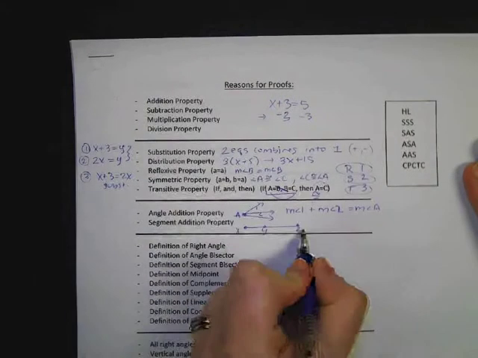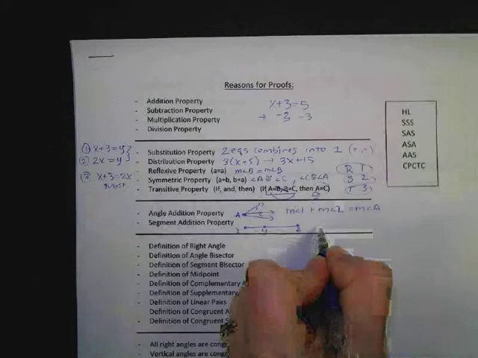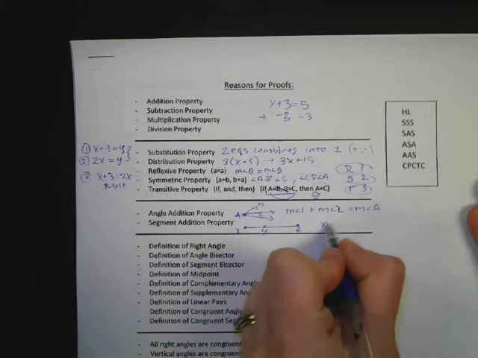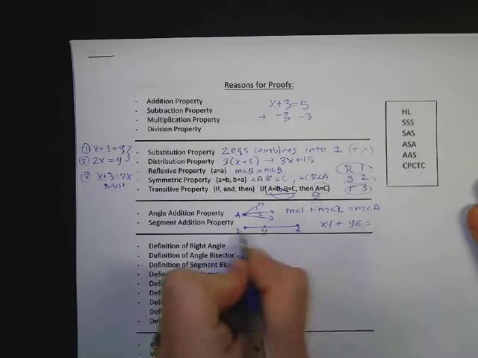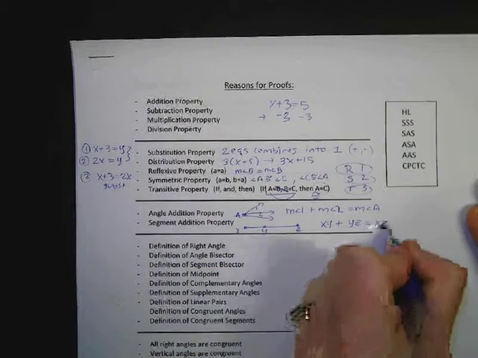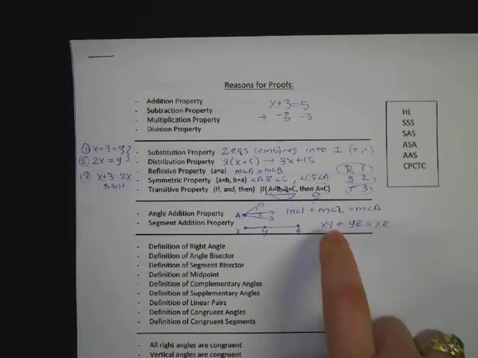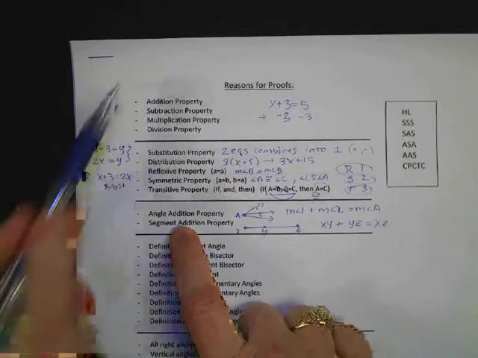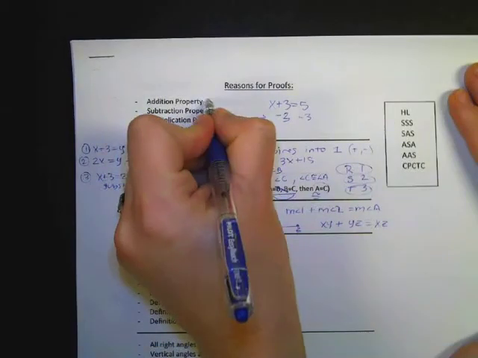I don't know their measures, so it's very generic, very name based. I can say that the little piece XY plus the other little piece YZ is equal to the entire piece XZ. So these are what you would recognize in a proof. And the difference between angle and segment addition as opposed to regular addition property you would see,